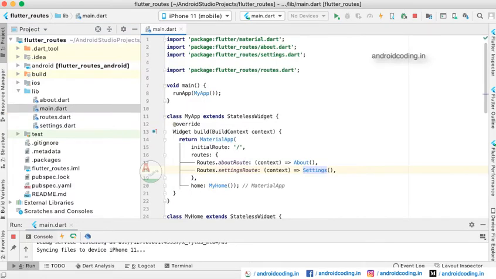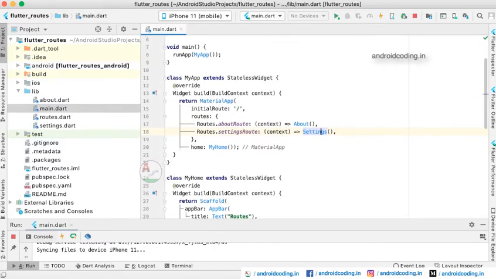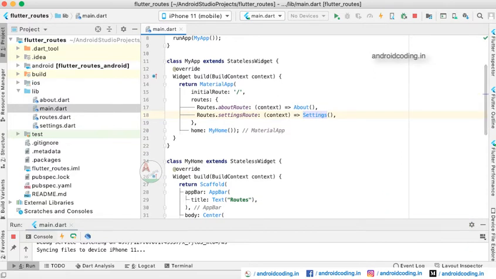Here, main.dart is the file which we load on the app start. Right from void main we instantiate our MyApp class, which is extending StatelessWidget. Inside it, you can observe we have written a MaterialApp which has an initial route. The first screen to be loaded is the one which we have defined with the initial route. We have not defined any class after the forward slash.